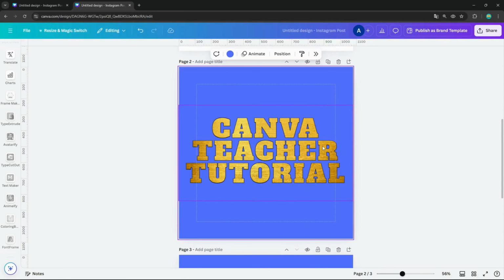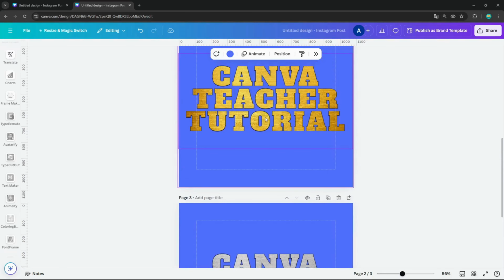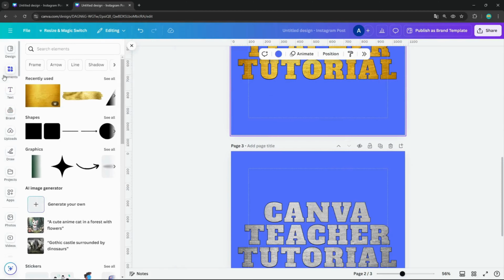I need a masking, in this case a triangle. For here, I will mask the outside part of the triangle, and here I will mask only the inside. In the other page I would like to mask everything outside of the triangle. So first I go into the elements,